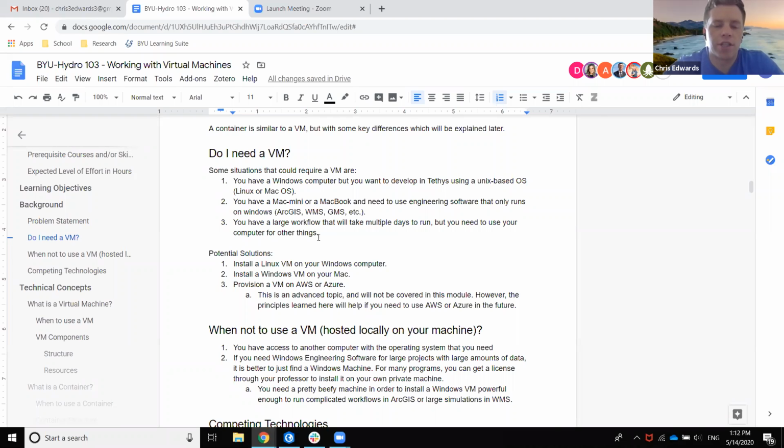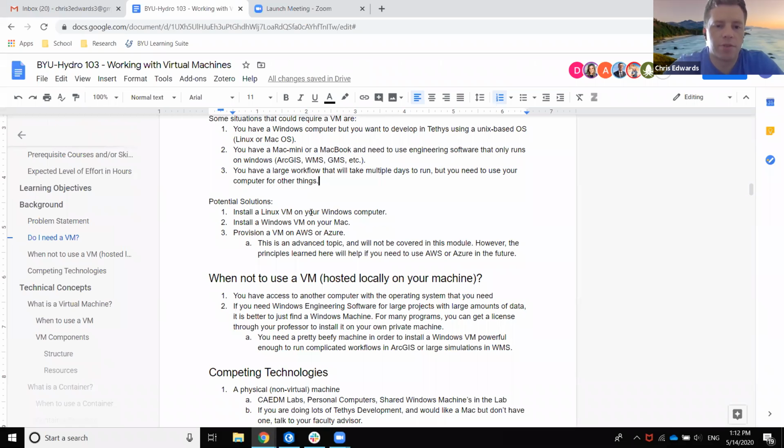Those types of workflows can be automated in lots of different ways. You don't necessarily need a virtual machine, but that's just one example that we've used. And you guys talked to Rohit last time, but he's done a lot of work on Amazon Web Services, another cloud platform that I didn't really go into. Some of the benefits of these cloud platforms are that you only pay for the computing power that you're actually using.